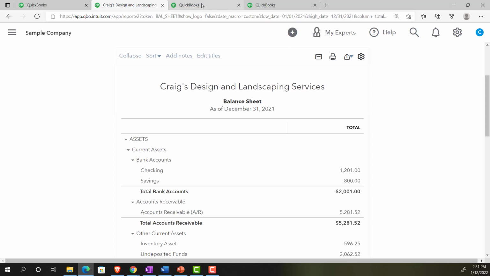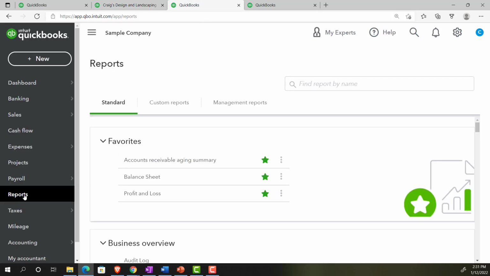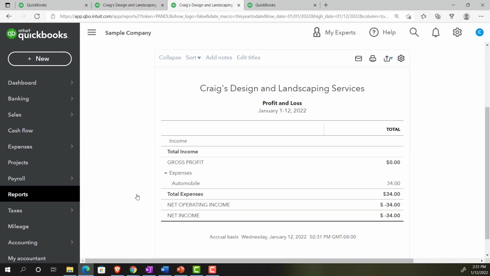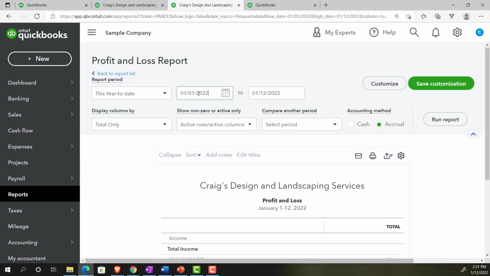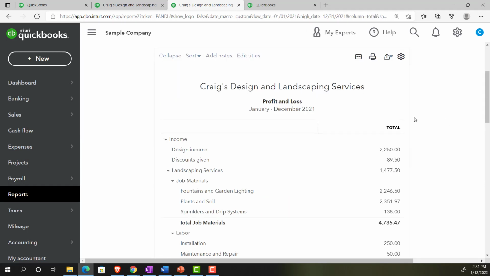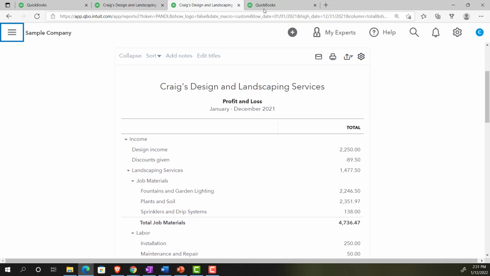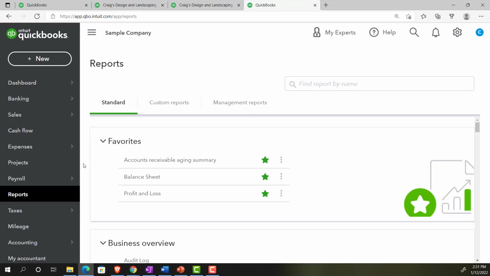Going to go then to the tab to the right, back down to the reports at the bottom. Let's go to the profit and loss, otherwise known as the income statement report. Range change up top from 010121 to 123121 and run that report. Closing the hamburger. And then on the right hand side, I'm also going to look at the trial balance, going